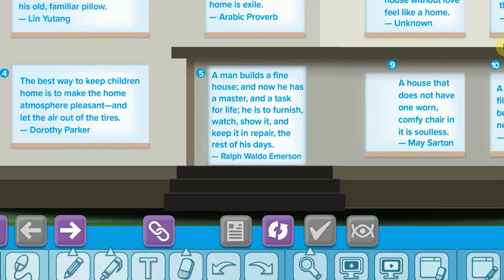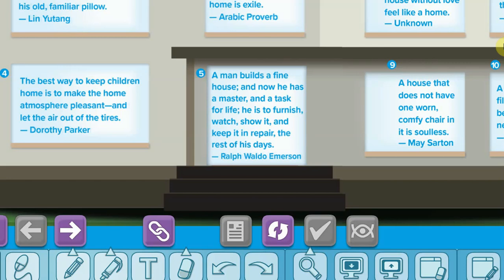Number 4, it's an opinion said by Dorothy Parker. The best way to keep children home is to make the home atmosphere pleasant and let the air out of the tires. Here, the best way أفضل طريقة to keep children home إن أنت تحافظ على الأطفال أو تجعل الأطفال موجودين في البيت على طول is to make the home atmosphere pleasant إن أنت تجعل الجو العام أو المناخ العام في البيت pleasant ممتع ليهم and let the